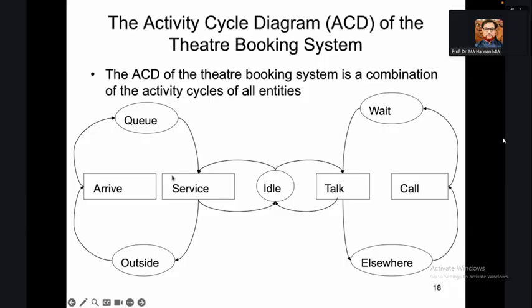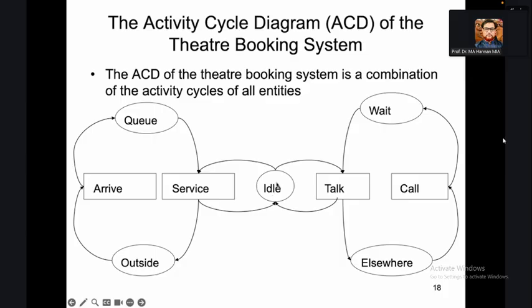Another entity was the personal inquirer in the left-hand side, and the telephone call is in the right-hand side. Okay. তাহলে দেখো আমরা কিভাবে তিনটাকে একত্রে অ্যাসেম্বল করলাম. The personal inquirer and the